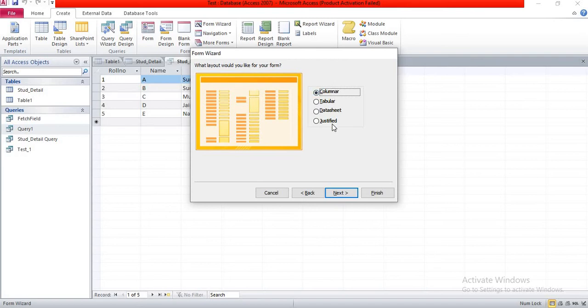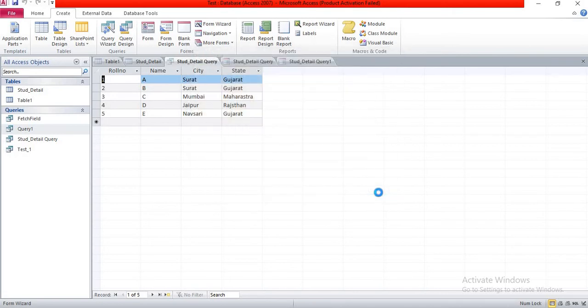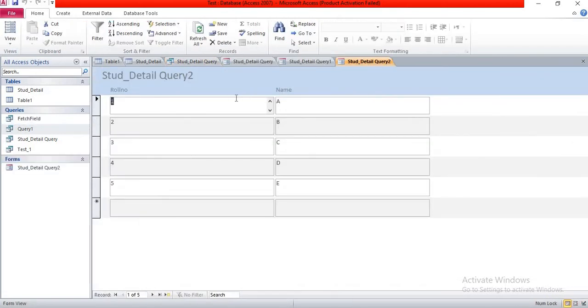Now here 4 options are there: columnar, tabular, data sheet and justify. Now suppose I want to show it in tabular form. Click on tabular and next. Here you can give a title and finish. So you can see roll number and name, only roll number and name for all records. Now you can go to any of them by clicking on each roll number.